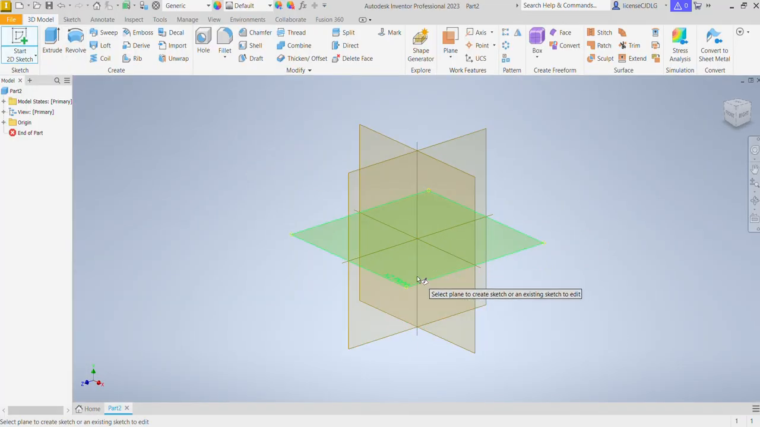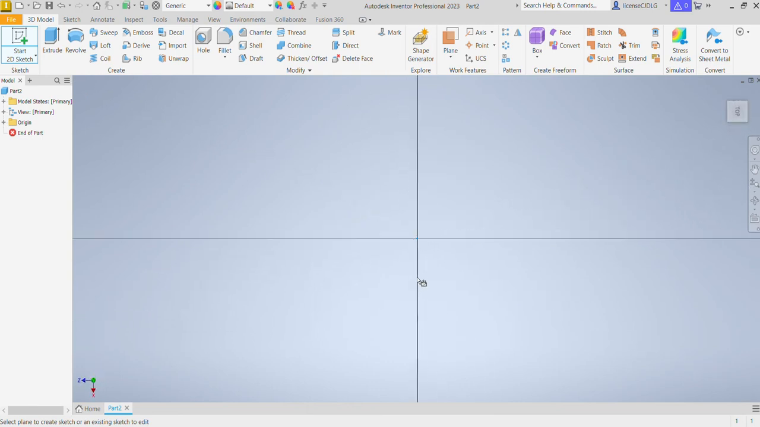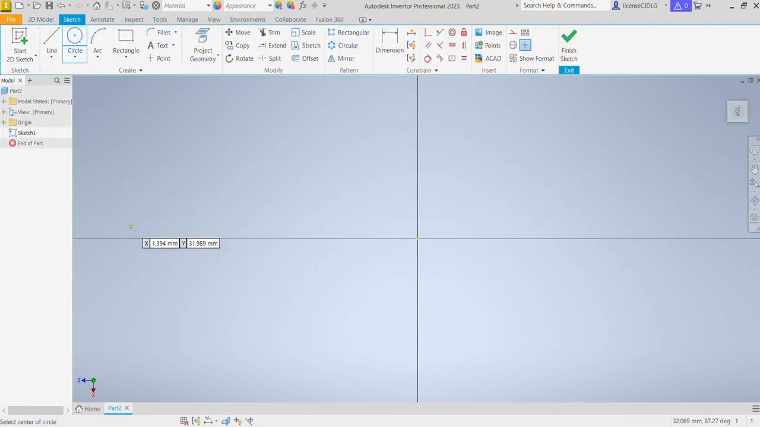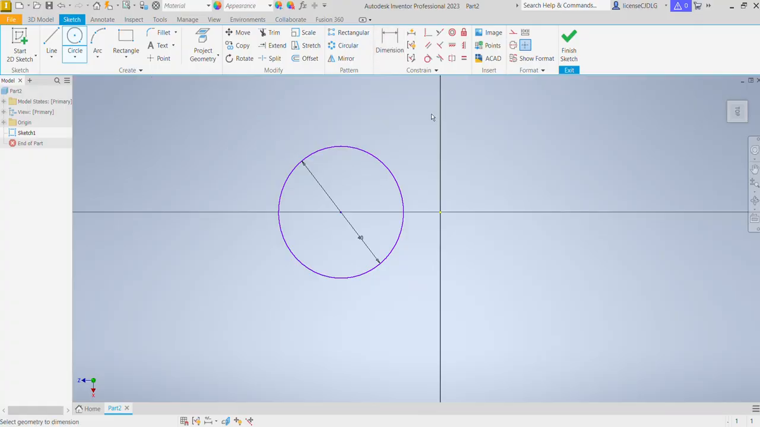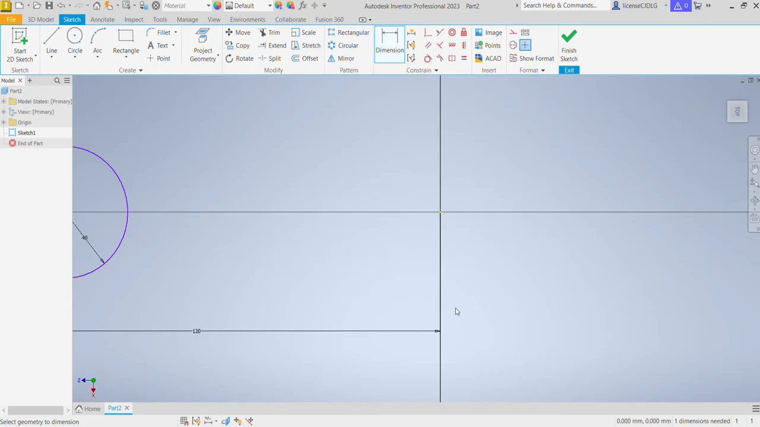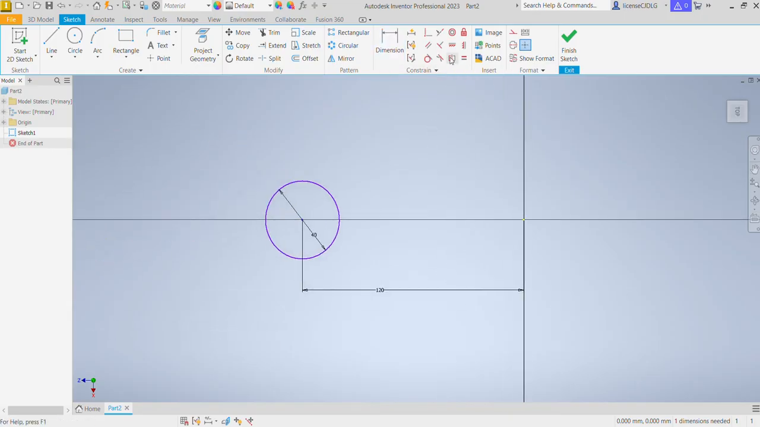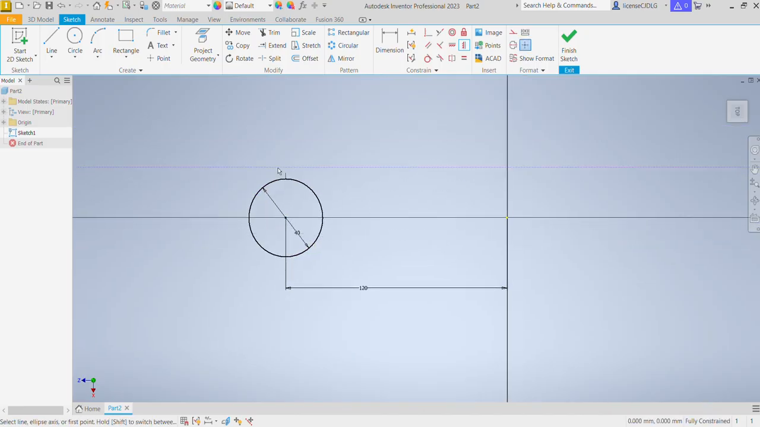Select sketch, select the plane, create one circle first, 40, give the dimension, 120. So here we can give the horizontal constraint. So now select line,